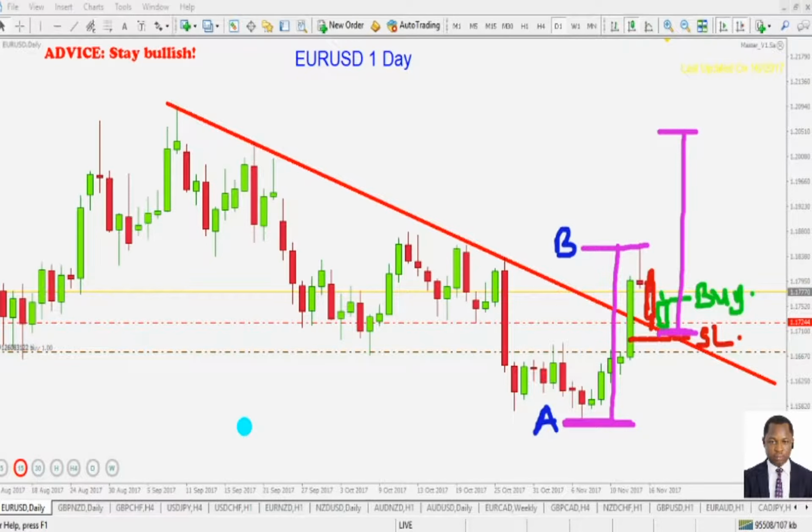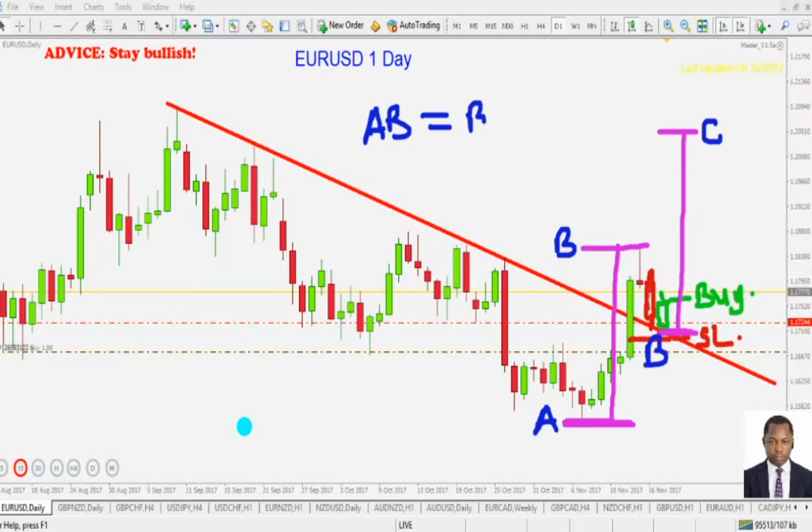You call this point B. All right, the beginning of the end of that pullback to point C. Okay, that's the projection. The simple technical analysis here is that point AB should be equal to point